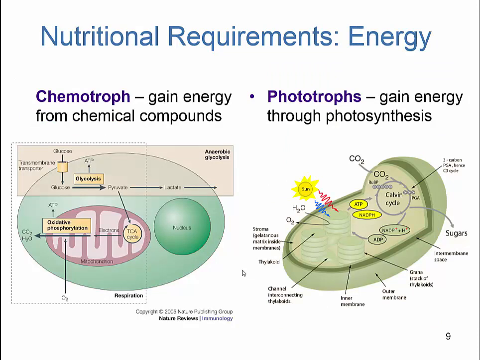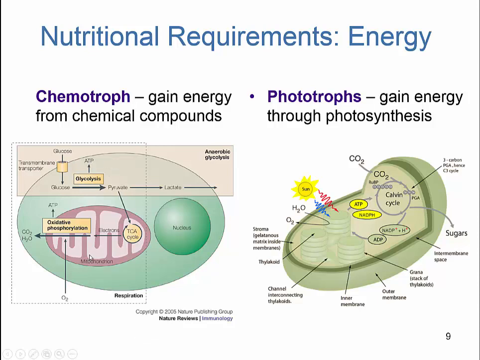Now, the other nutritional requirement is that of energy. And so the energy currency of a lot of cells is glucose. Ultimately, the best source is carbohydrates, but we can also obtain glucose from other metabolic processes. And when glucose is digested down through the process of glycolysis, the output of that chemical reaction is ATP, adenosine triphosphate. And so the first step shown here, the glycolysis step, will provide you with a certain amount of ATP for usage in the next subsequent reactions.